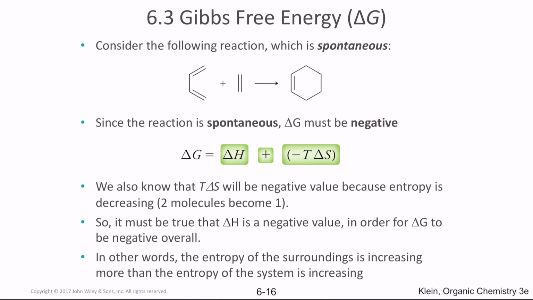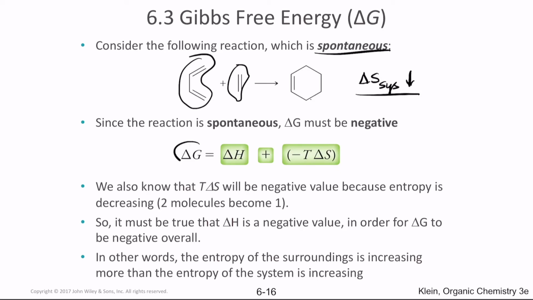Now consider the reaction that you have here. This reaction has a cyclic product, so an acyclic reactant becoming a cyclic product, which means that the entropy of the system will actually decrease. So what happens in this reaction is that, as the entropy is decreasing, we need to determine whether this is a spontaneous reaction. Because the reaction is spontaneous, the first thing that we have to know is that delta G here should be negative. For this to be negative, we have two terms that can decide which can be negative: delta